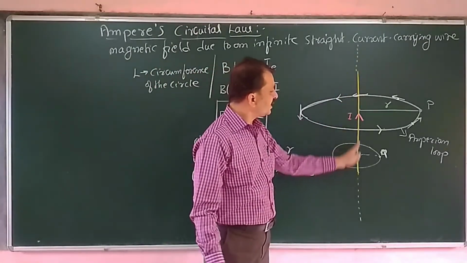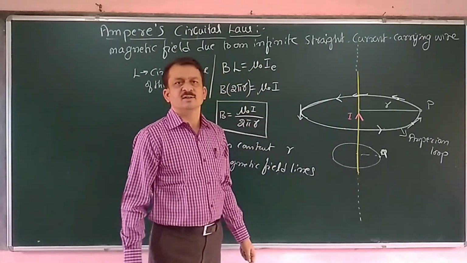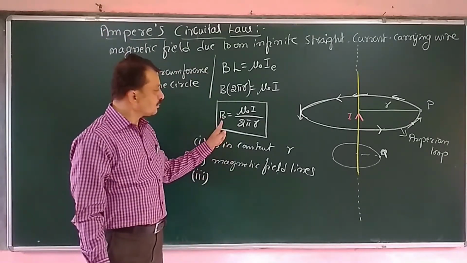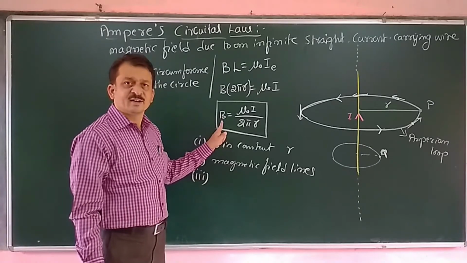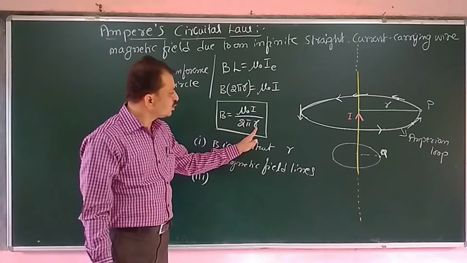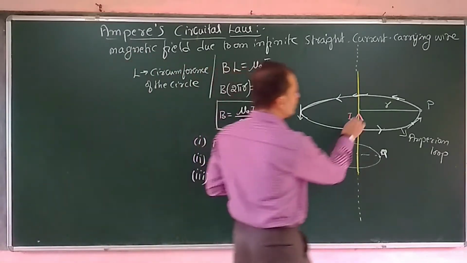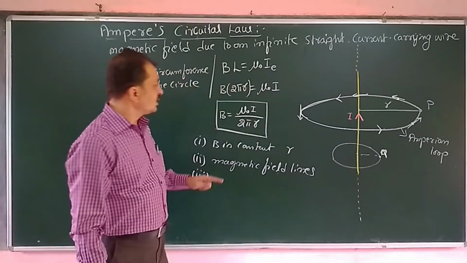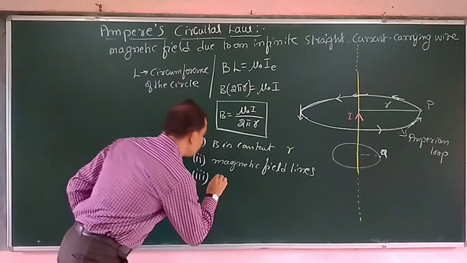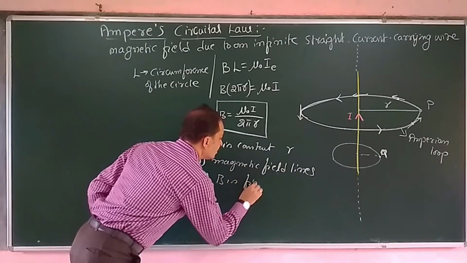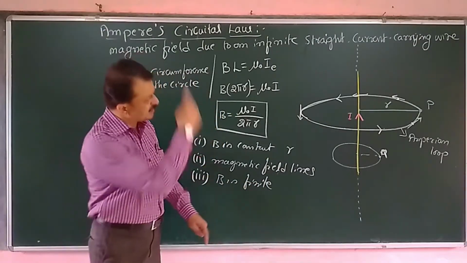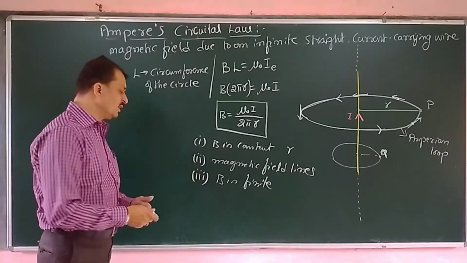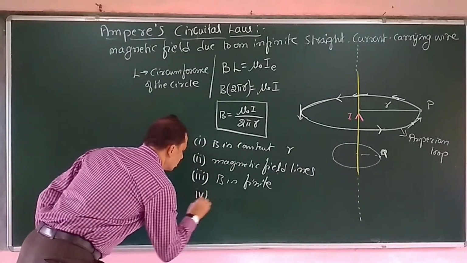here we have chosen an infinite length wire. Even though the length is infinite, what about the magnetic field? At a non-zero point, that means if the point is not taken on the conductor, if it is taken somewhere else, then the magnetic field B is finite. Even though the length is infinite, we are getting a finite amount of magnetic field. And the fourth one obviously